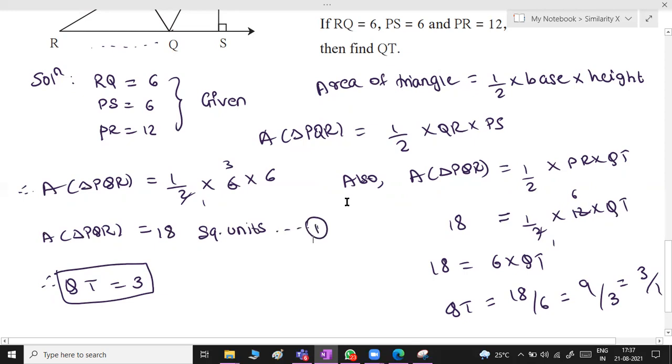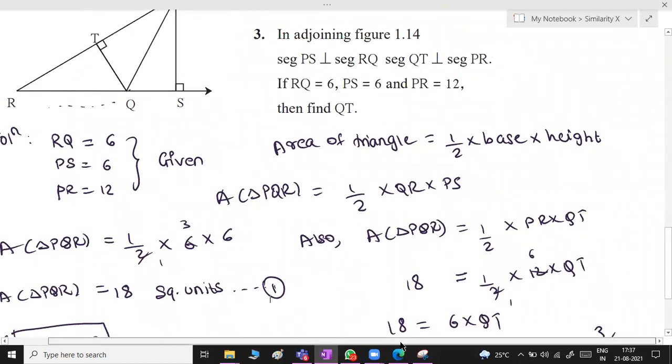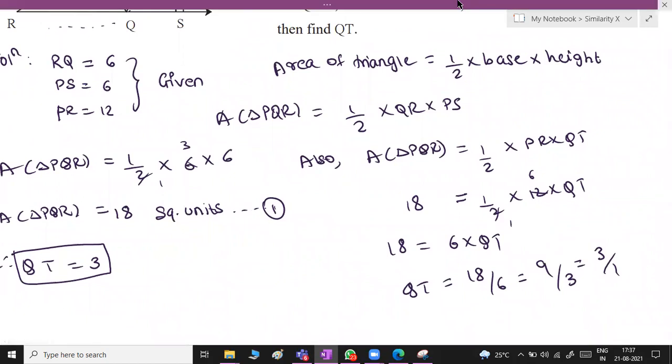So marks कटने के chances null हो जाएगा. ठीक है. Hope you have understood this question. This question is easy. Like whatever we have studied, वही concepts हम लोग apply कर रहे हैं. Nothing else. No hard and fast. Then let's go for question number 4. Before I proceed to question number 4, you please copy down this question.